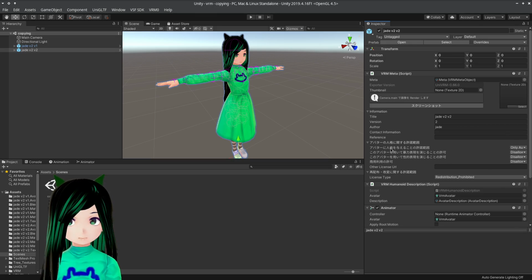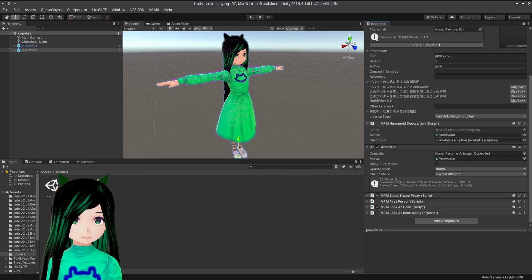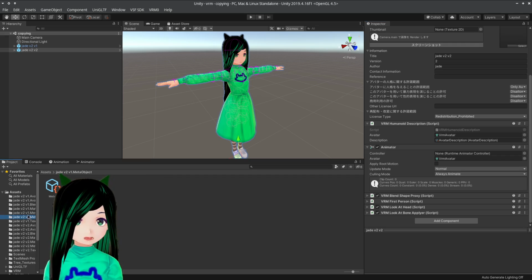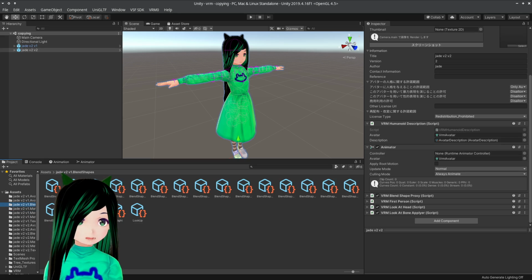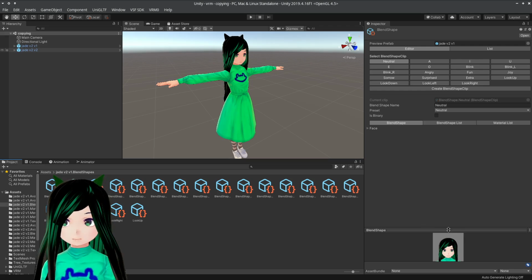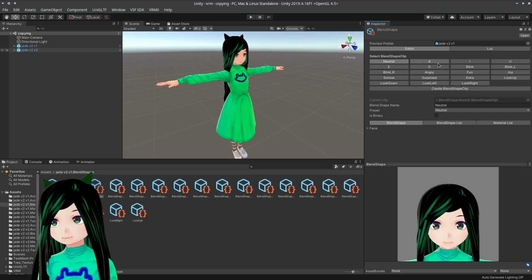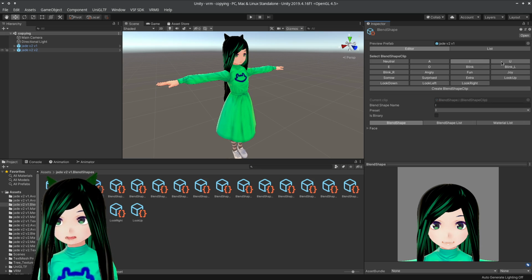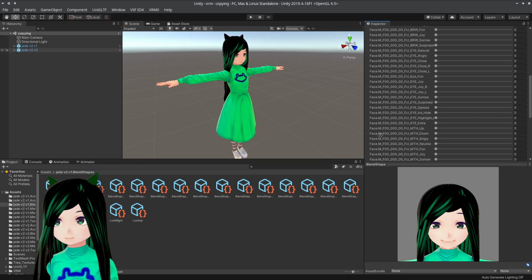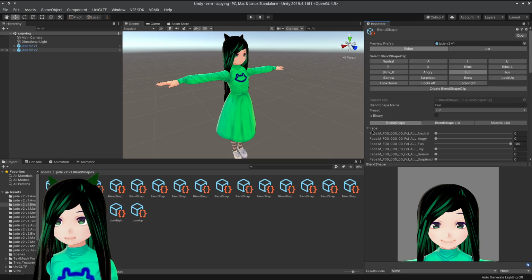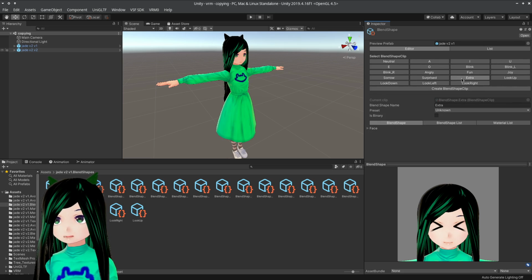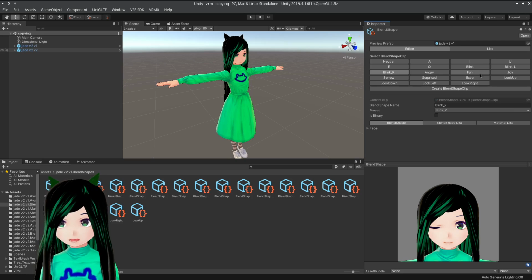Well, in Unity you can do a lot of things. Most importantly, you can change what the blend shapes are, which is basically the components of expressions. We have this expression, which has all of these properties. We have all of the expressions. Here, you can edit them however you like,